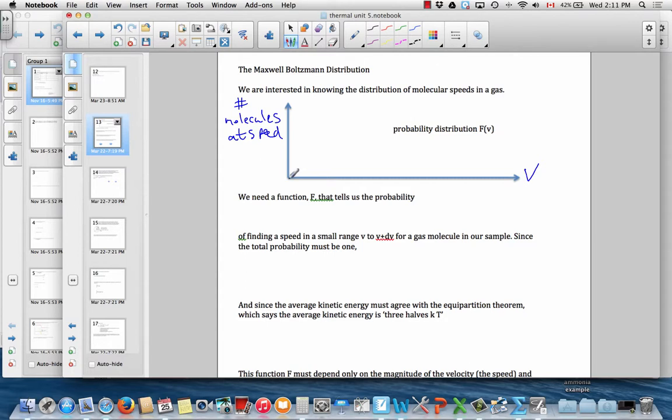And the actual experimental shape is something like this. So it kind of looks a bit like a parabola, and then it cuts out and drops back down to zero. There's sort of an exponential decay there. And we're looking for this function f. It's a probability distribution function. And what it'll tell us is at speed v,